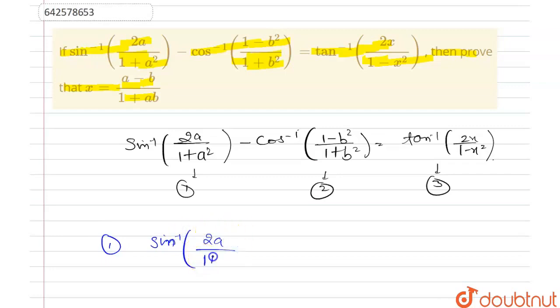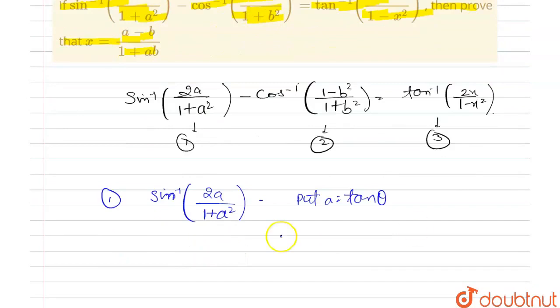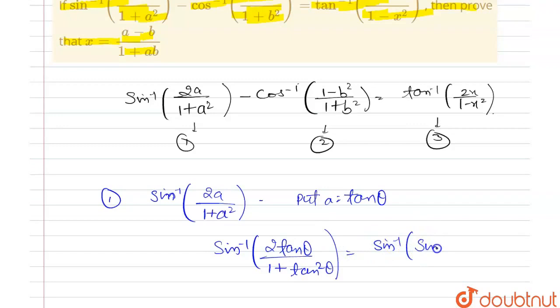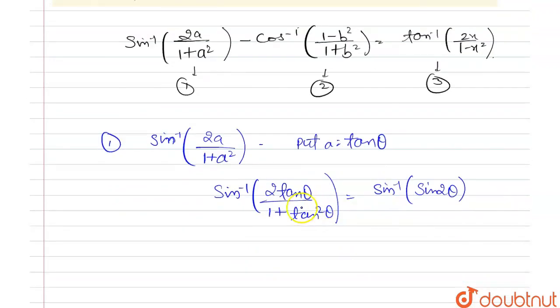2a divided by 1 plus a square. Now put a equals tan theta. So we can write it as sine inverse of 2 tan theta divided by 1 plus tan square theta, and 2 tan theta divided by 1 plus tan square theta we can write as sine inverse of sine of 2 theta, because this is the half angle formula of sine 2 theta, and sine inverse of sine 2 theta we can write as 2 theta when our 2 theta lies between